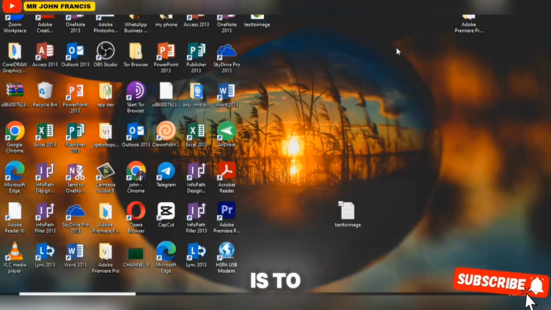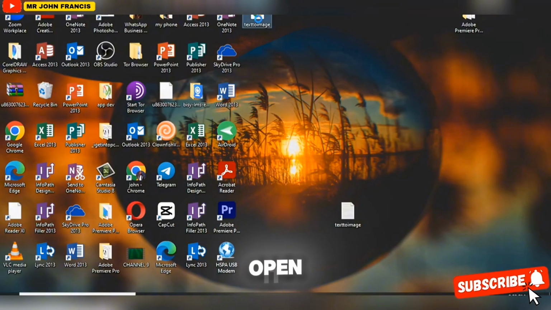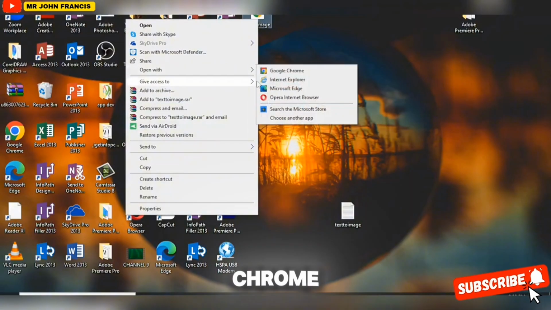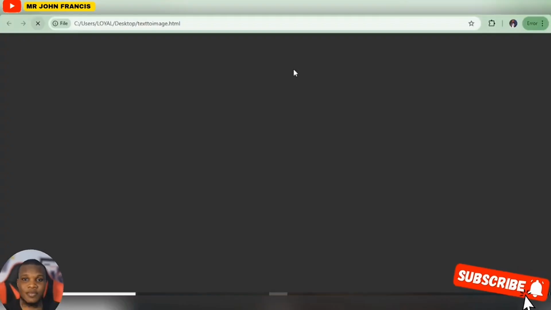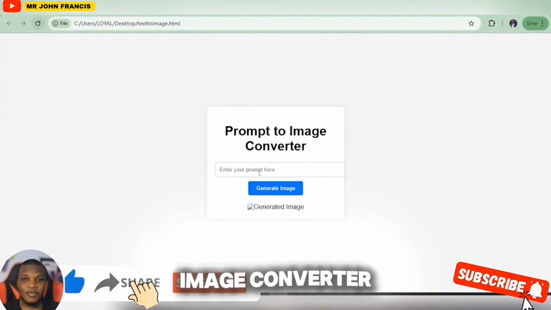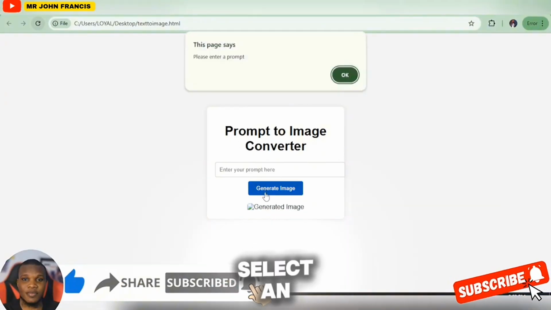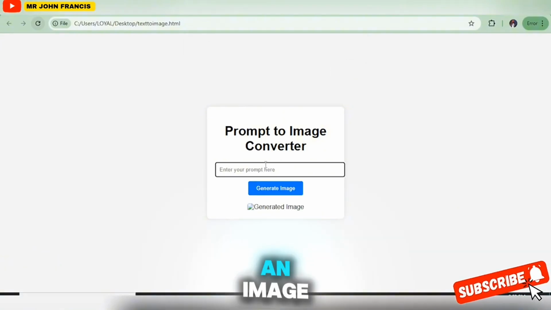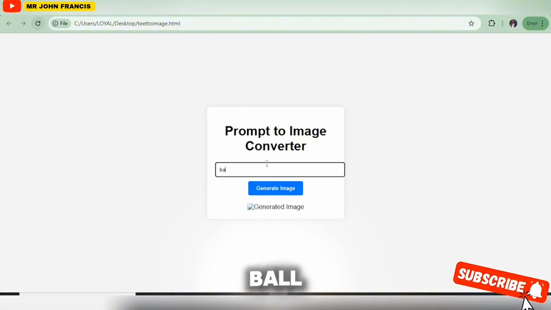Then what we have to do is minimize, then click on this and open it via Chrome browser. Okay, let's say open via Chrome. You can see this is what we have. We have the prompt to image converter where we can easily go ahead and add an image right here. Let's say ball,